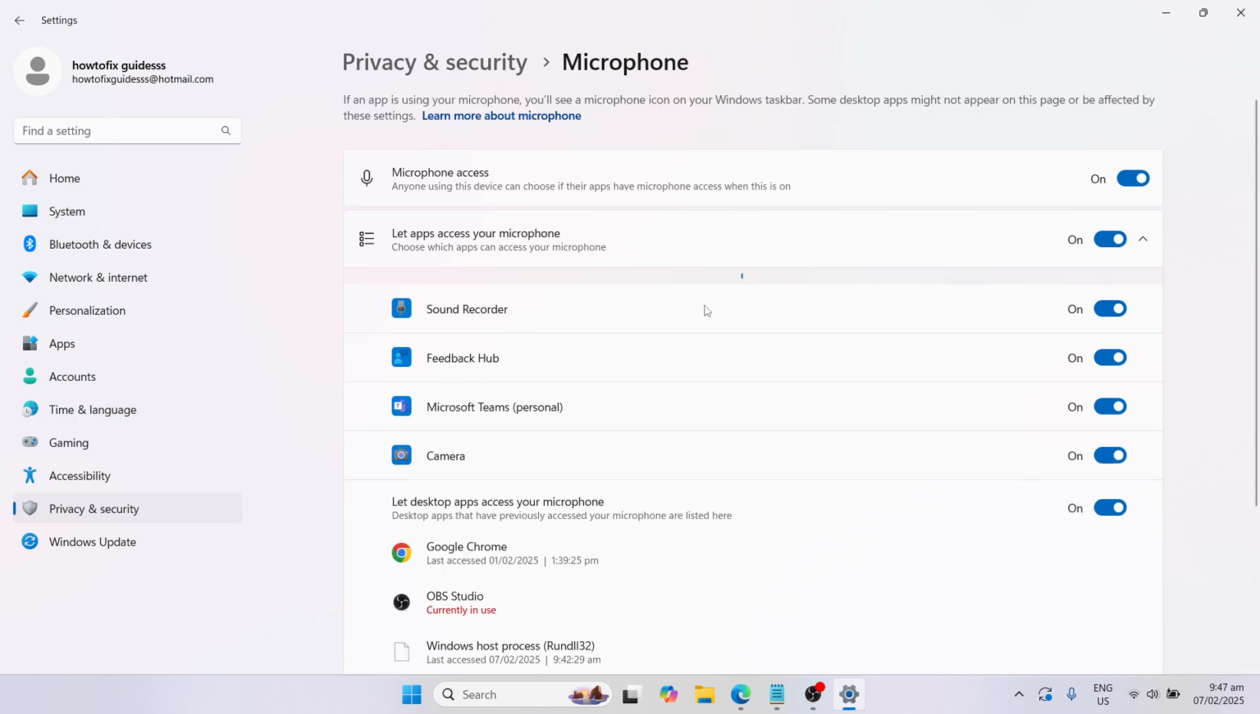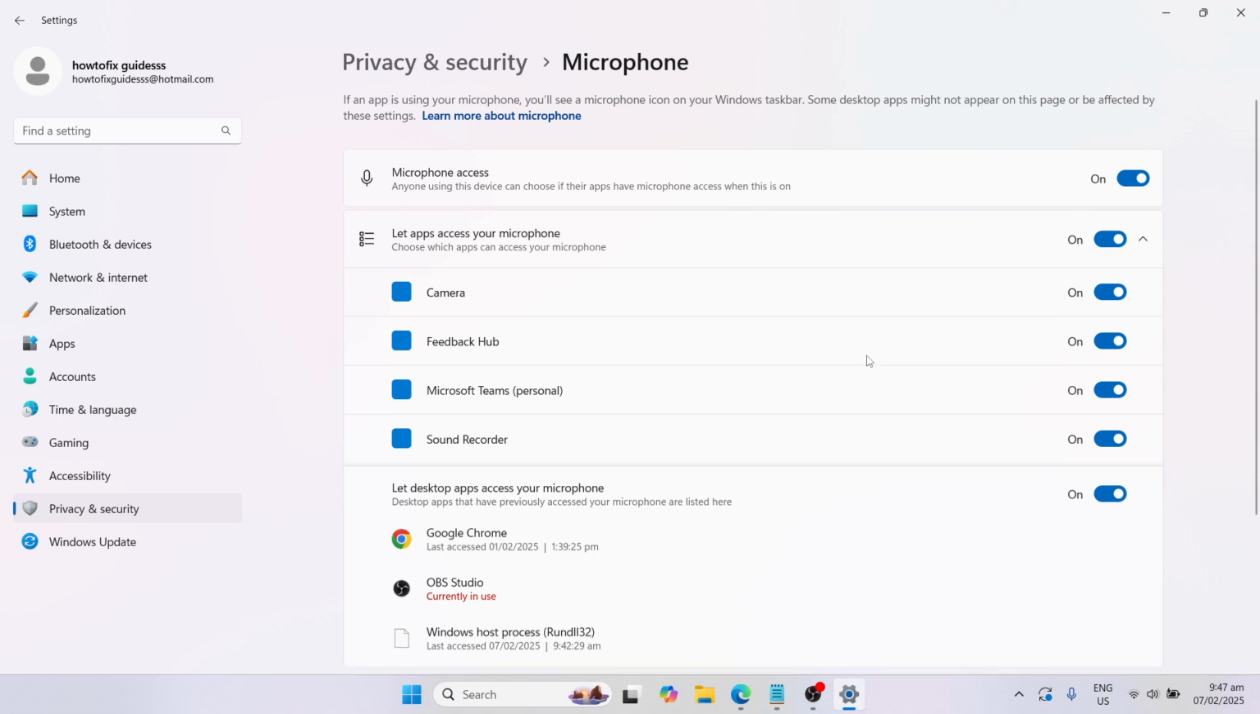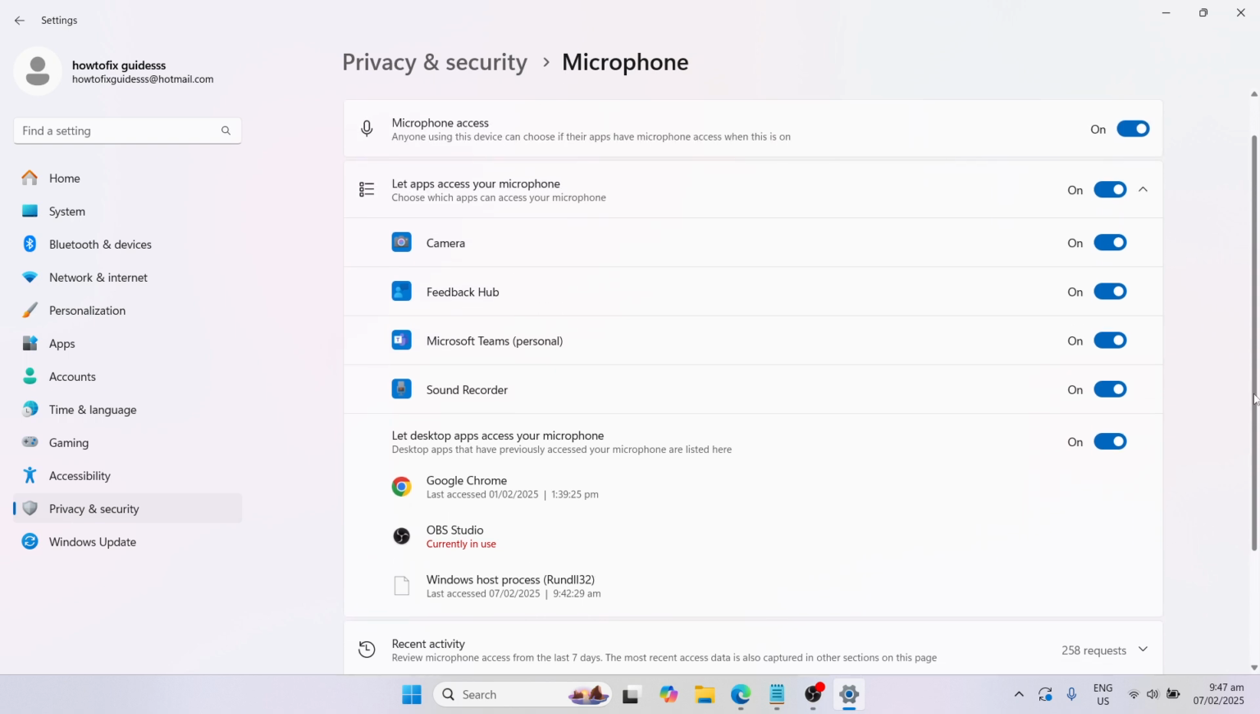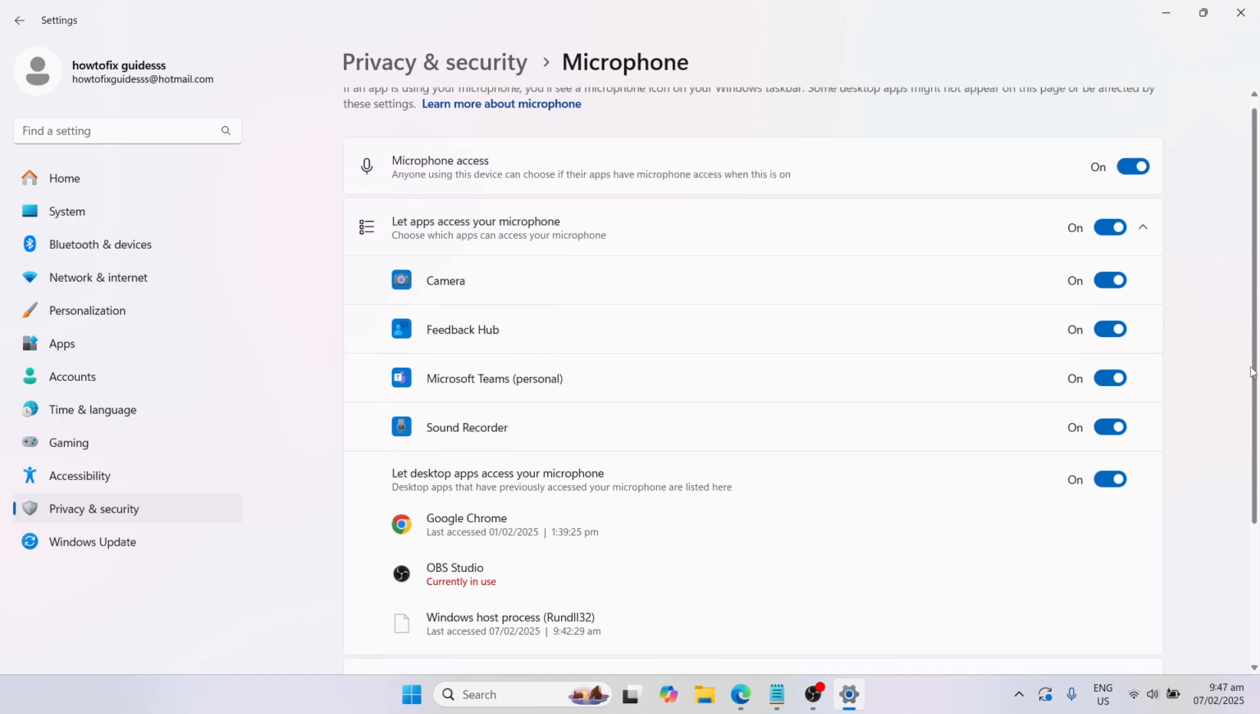I mean, this sound recorder is on, Feedback Hub is on, Microsoft Teams is on, and might as well this sound recorder. Okay? So let's say if you are using a Zoom, a Google Meet, then make sure that this is on because if it is off, then it will not work. Okay? So after that, if your microphone is still not working, then let's proceed to the second step, which is